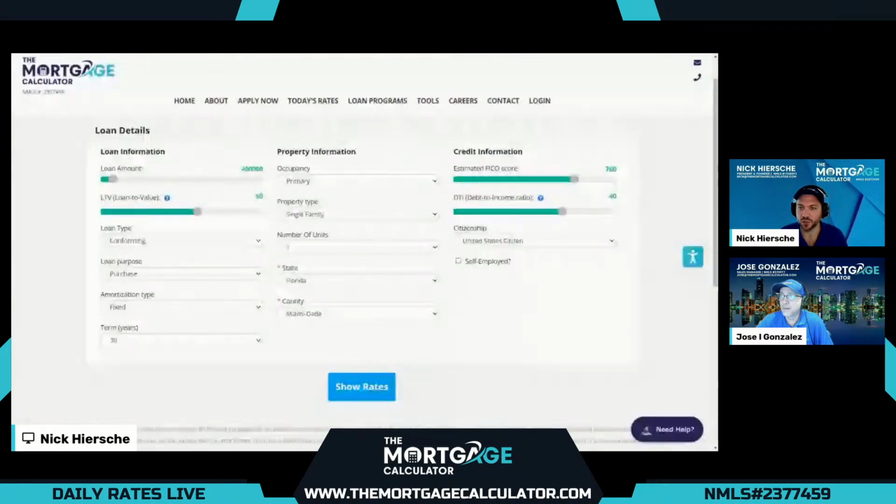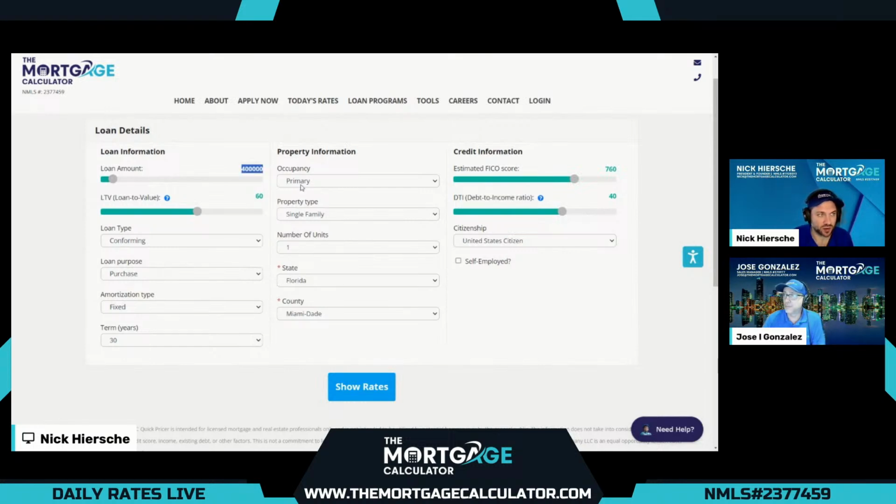And let me pull up the pricing tool here. So this is our pricing tool for our team. This will show us the general rates and the APR for today. It is February 28th, just after 11 a.m. Eastern. So all of our standard programs have our live rates issued here. So we'll go ahead and set up a basic scenario to compare across the programs. If you'd like a full breakdown of all of the fees, the itemized fees that go into the APR, a full loan estimate, please get with one of our team members. We have over 300 licensed loan officers.